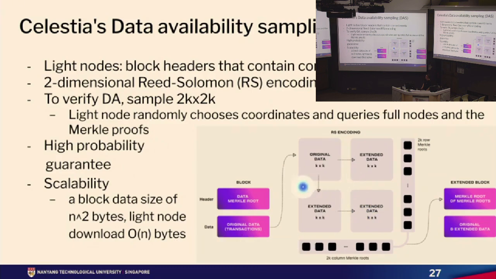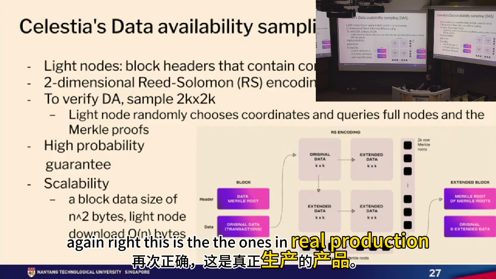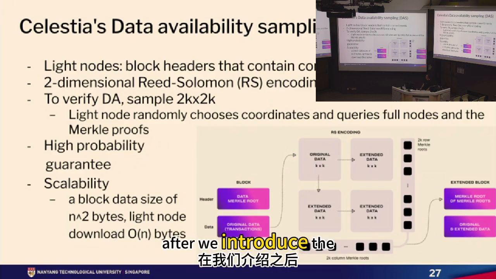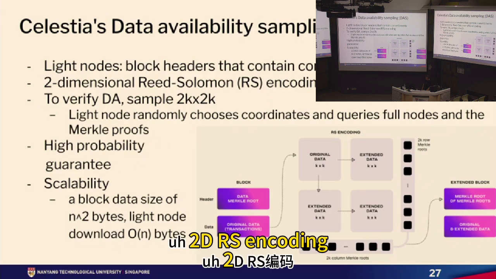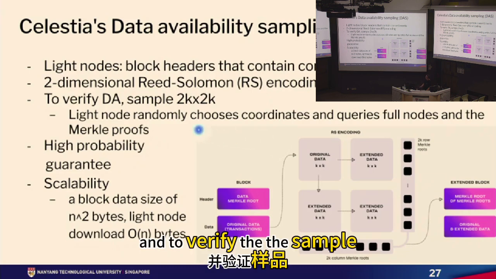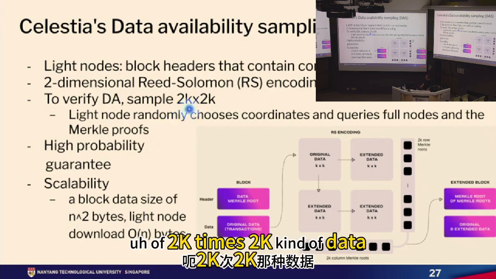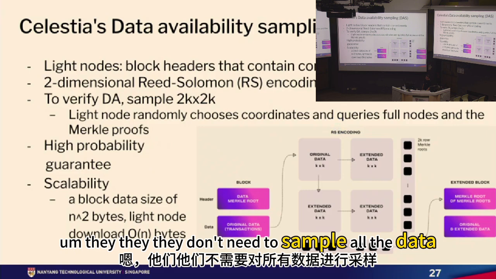These are the ones in real production after we introduce the 2D RS encoding. And to verify the sample of 2K times 2K data,